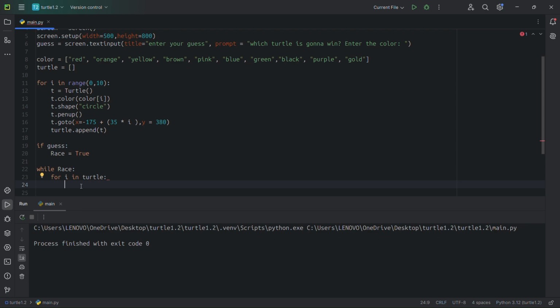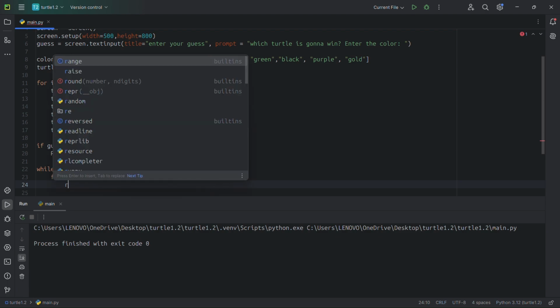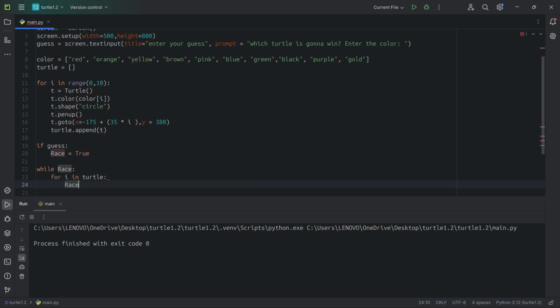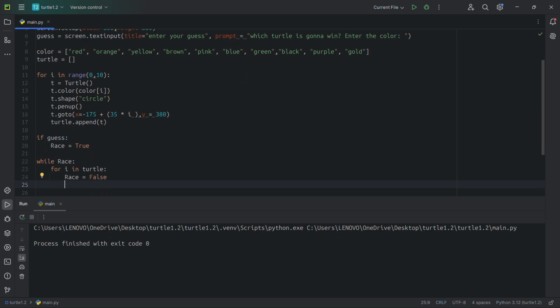If the y coordinate is on the edge or after the edge, the race is going to stop, going to be paused, and that's going to be after if